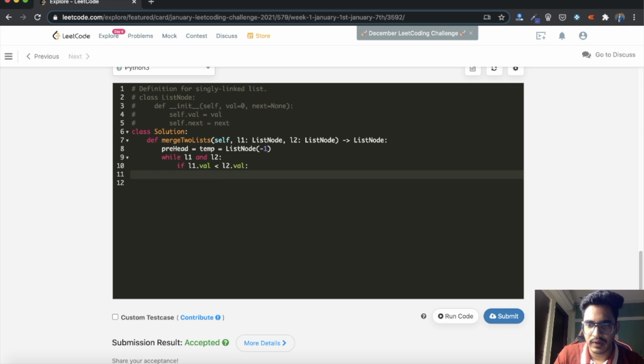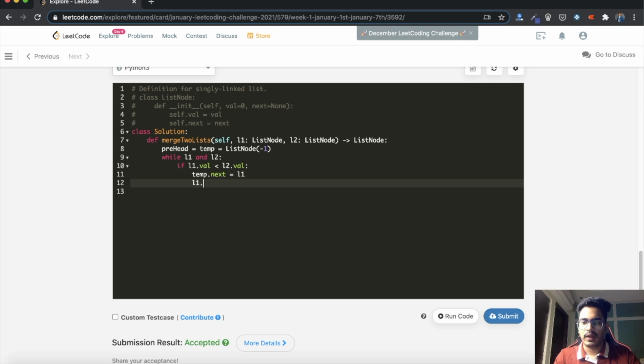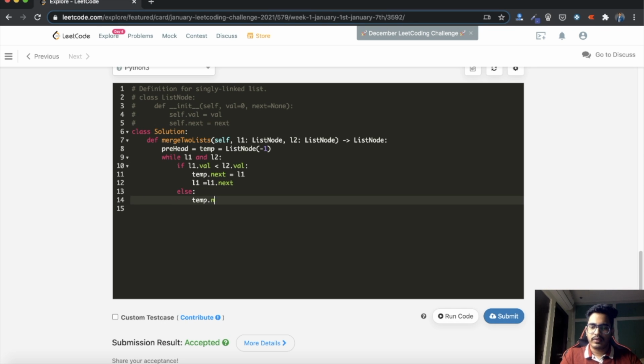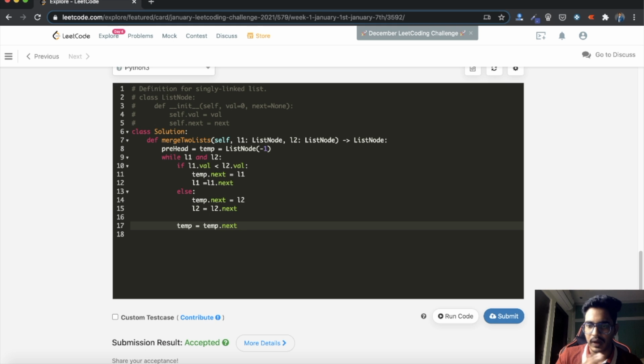If it is less than L2 dot value, then we'll be appending L1 value to our temp dot next. We'll be working only on temp values. Temp dot next is equal to L1. Now L1 is equal to L1 dot next. Else temp dot next is equal to L2, and L2 is equal to L2 dot next. Now after everything is completed, temp is equal to temp dot next. And again we'll be checking the while loop, comparing each value, and the same thing repeats until L1